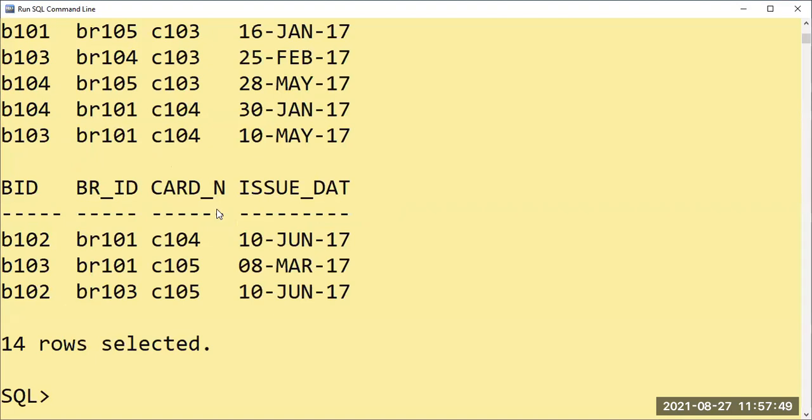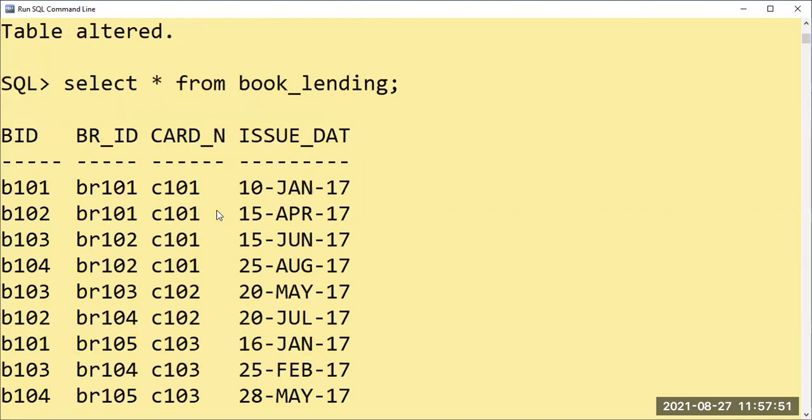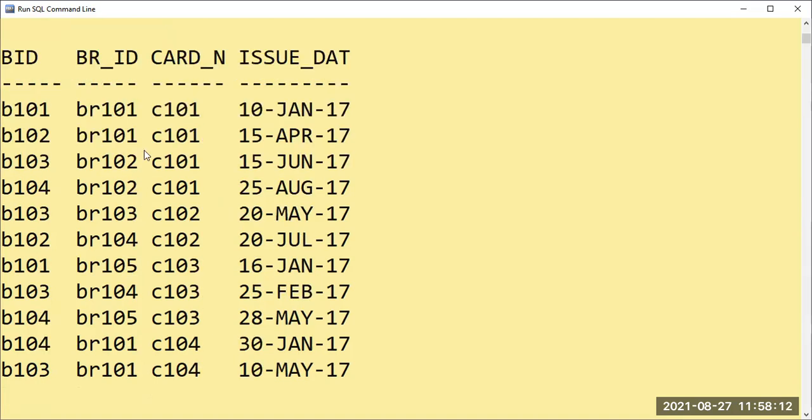Yes. The book lending table specifies that he or she is going to visit the library to issue the book. To get that book, he or she requires which book she wants, from which library branch, and her respective ID or card number. And the last is what issue date is required. So for this table, I have given